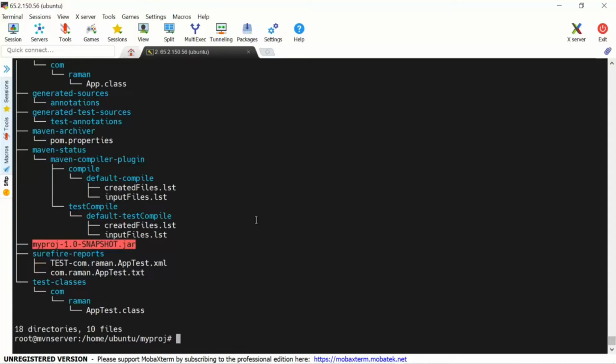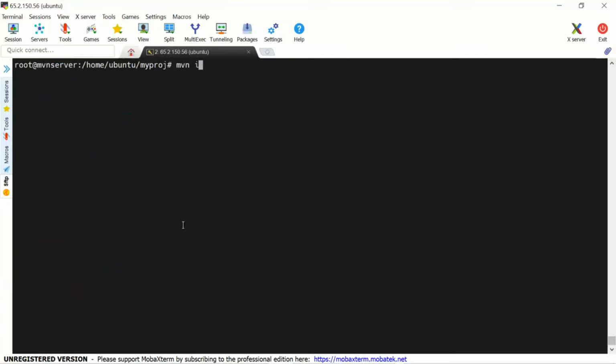So this jar file gets created, which is good. Now we can use this jar file, we can give this jar file wherever it is required. So if I say mvn install,